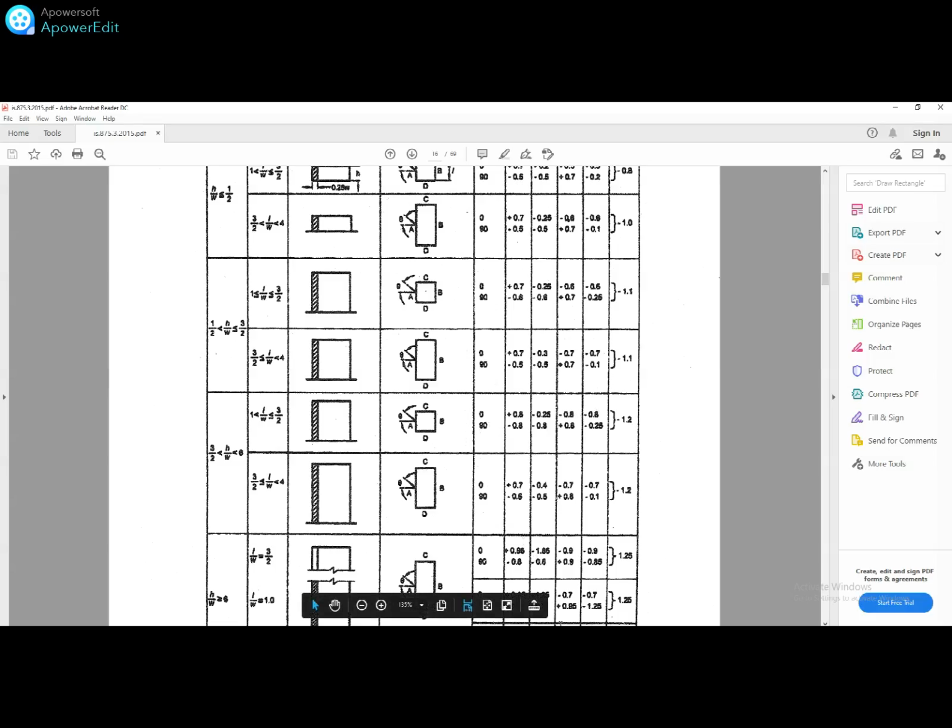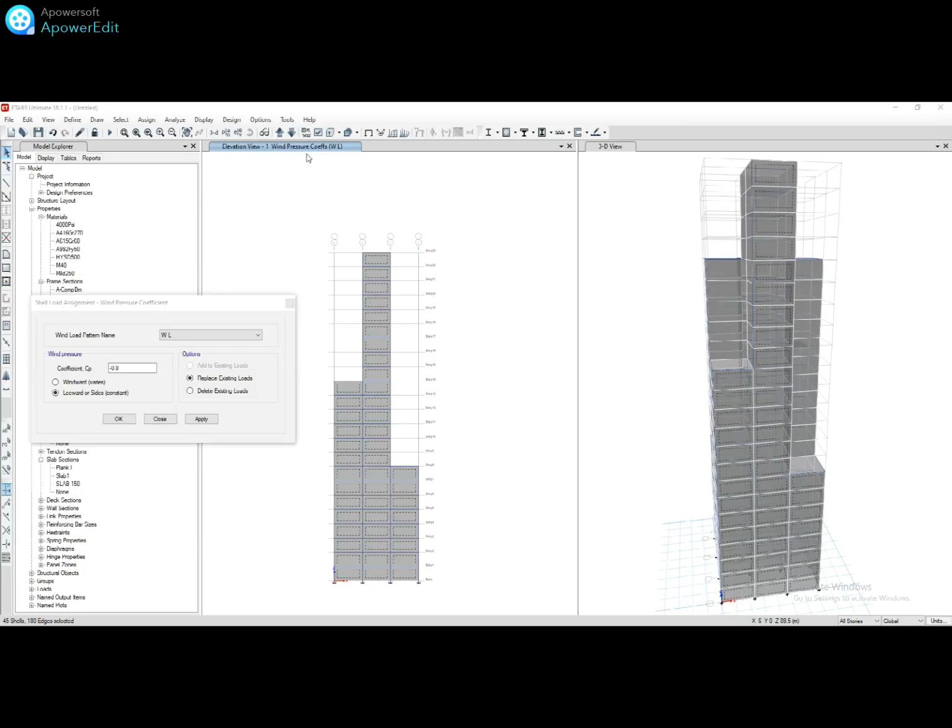So in both directions C and D, so we have to select in elevation section, all the claddings for applying the wind load in leeward direction by using all story option, just selecting